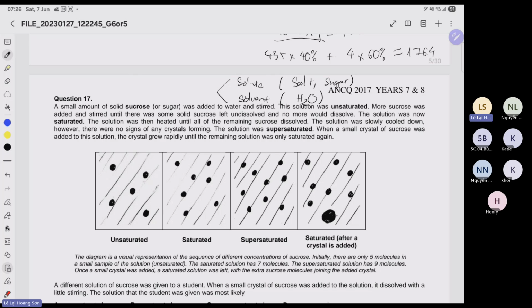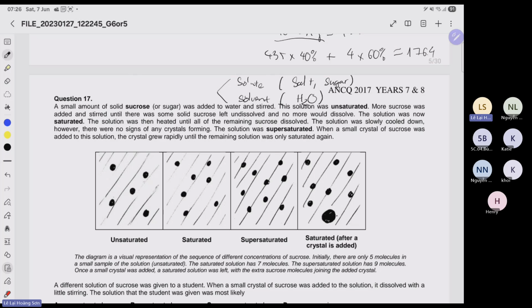Because the lower the temperature goes, the lower the solubility will go. Imagine at high temperature you dissolve a lot of salt, but when you lower the temperature, the solubility goes down,